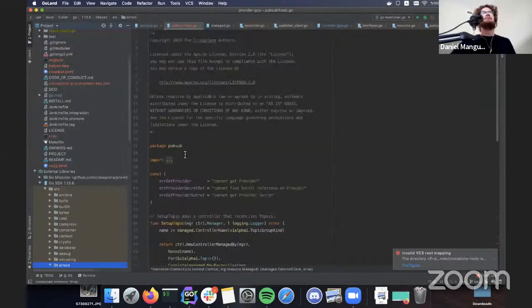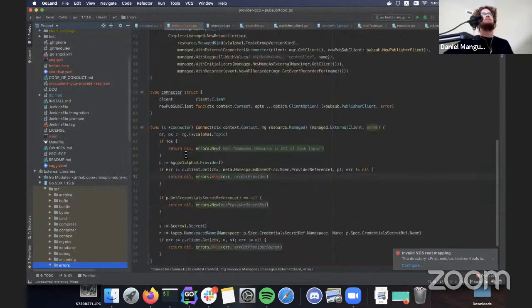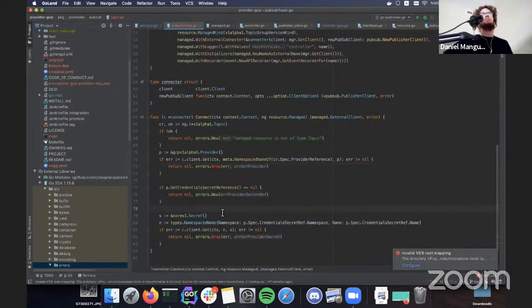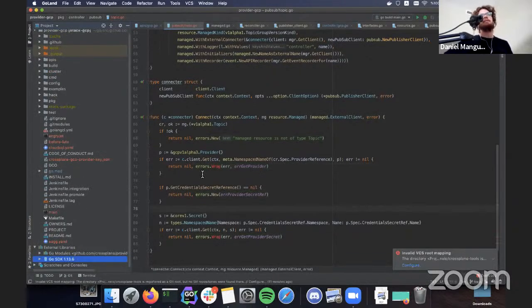One of the things I wanted to mention is that one of the parts that's kind of verbose are these errors at the beginning of each method we're going to implement, where you're checking to make sure that it's a topic. It may be confusing why you have to check the type that's being passed every time. Well, it's because you're being passed something that satisfies a managed resource interface. So this is the price we're paying for using a shared reconciler here.